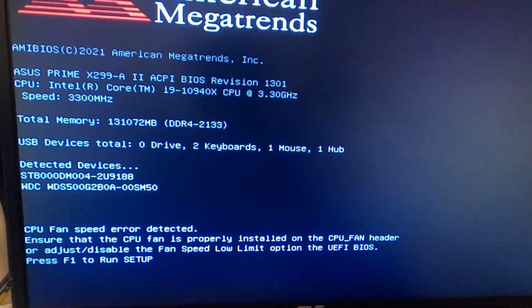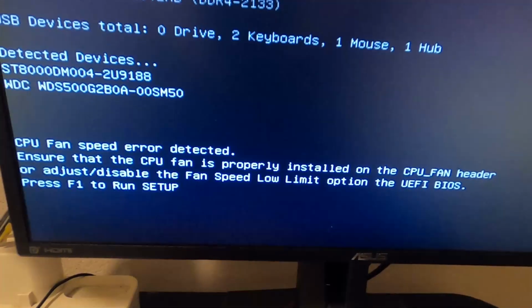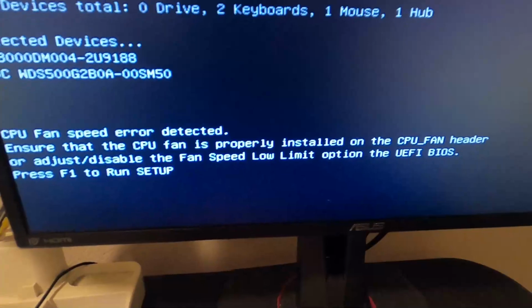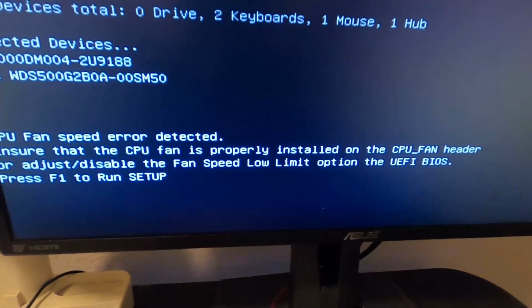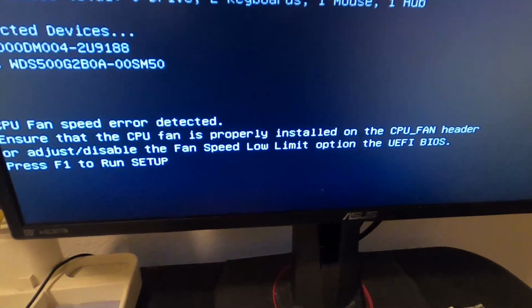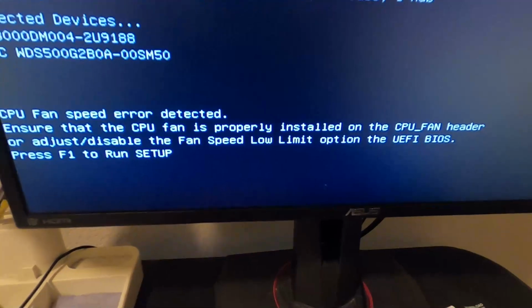Okay, I may be onto something right here. So, see what it says down there? CPU fan speed error detected. So, I went into the BIOS here and I set everything to default because I remember a few months ago,